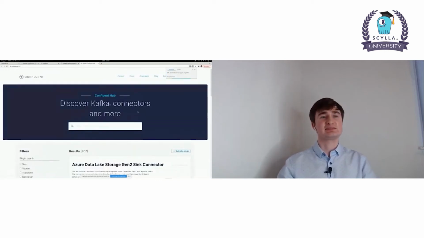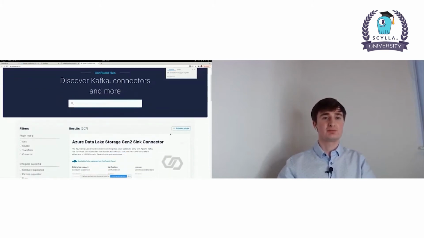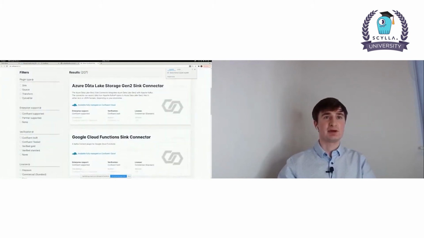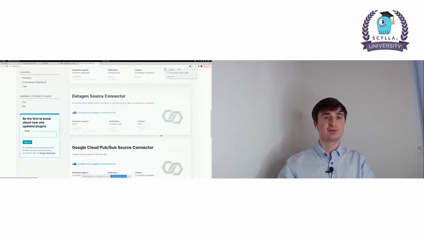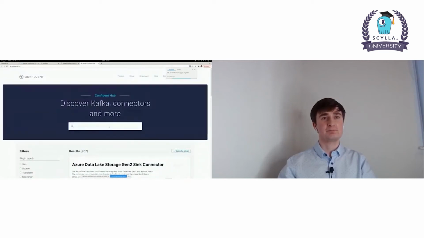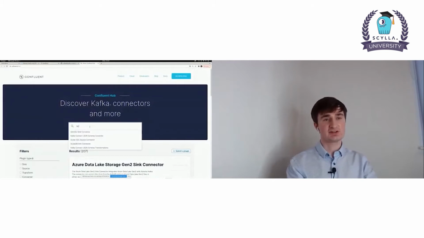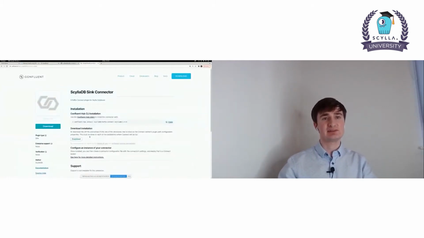Confluent Hub is essentially an app store for connectors. For example, you can see there are many connectors for Azure and other databases. And if you search for Scylla sync connector, there it is. And it's as easy as invoking this command.